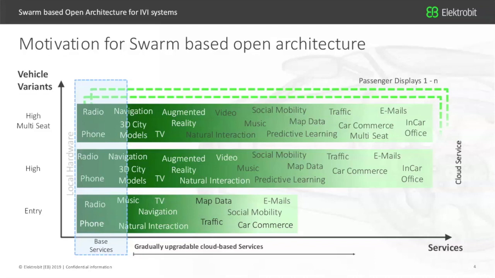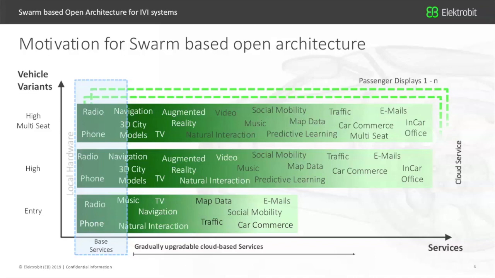And then if we move on the x-axis to other services, the blue box, which is highlighting the base services, are the ones which are currently available in the car. So you see radio, you see phones, you see navigation. These are some of the features which are already there in the existing vehicle, and they are more or less running on the local hardware. So they are completely on the head unit which is inside the car, and most of the data are